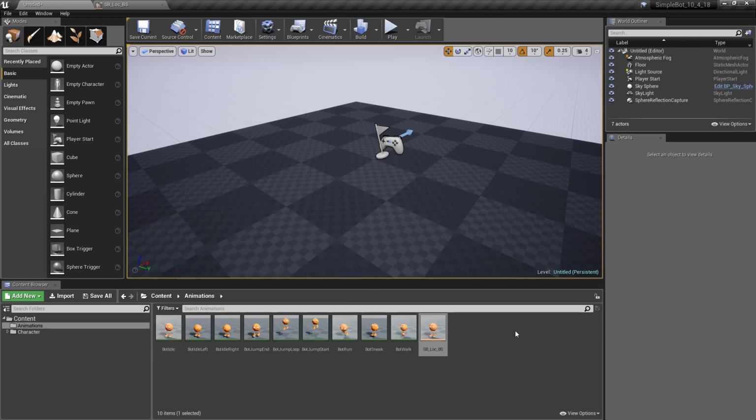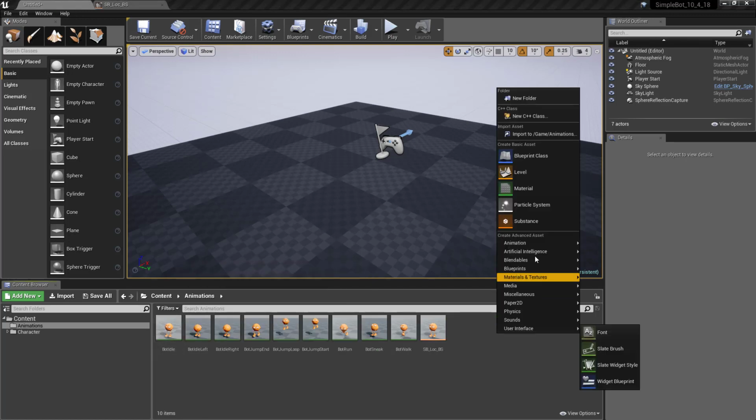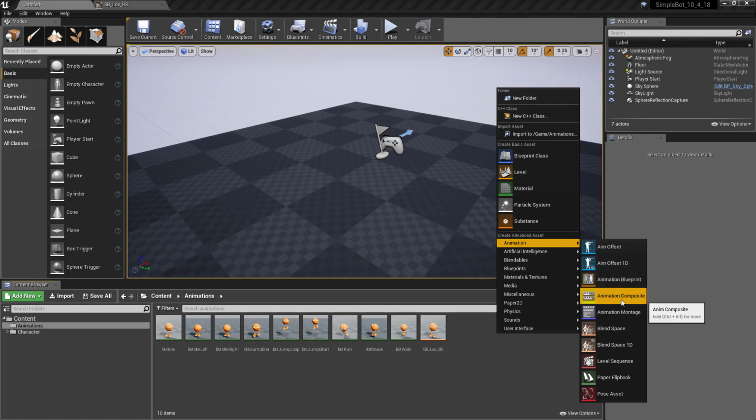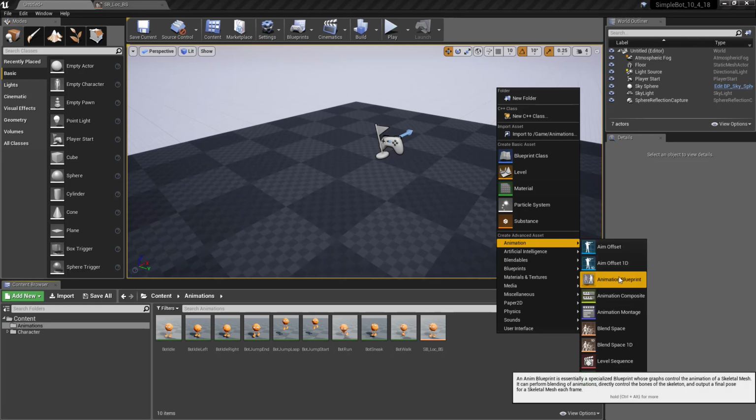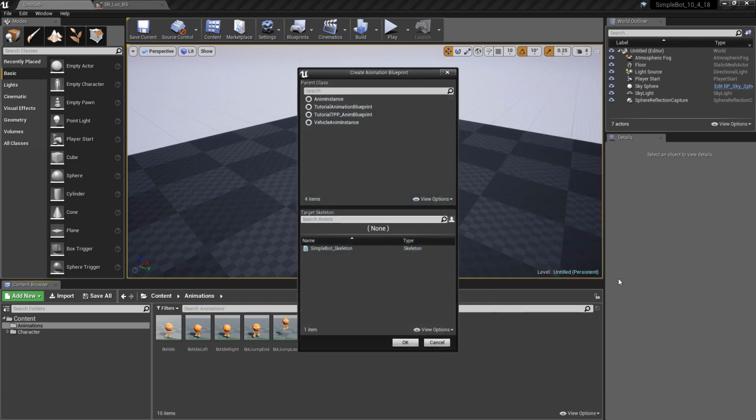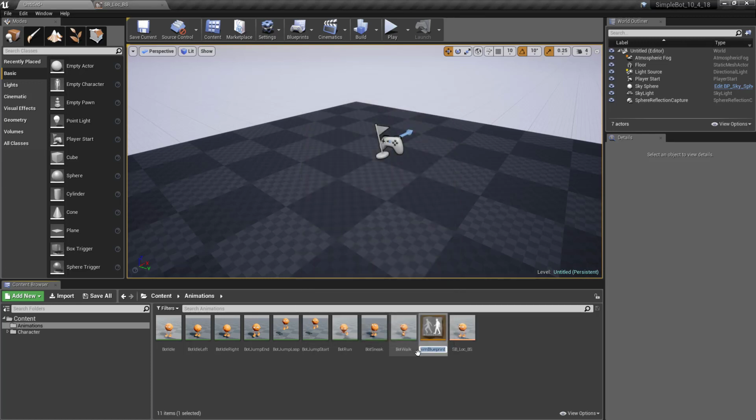Now I'm going to go down here and back to my animations directory, right click again, animation, and let's make an animation blueprint. Okay, so it's asking me for the skeleton to use in the blueprint, so SimpleBot skeleton, click OK. And let's call this SB for SimpleBot underscore anim underscore BP for blueprint. Okay, so locomotion blend space, anim blueprint. Double click here,